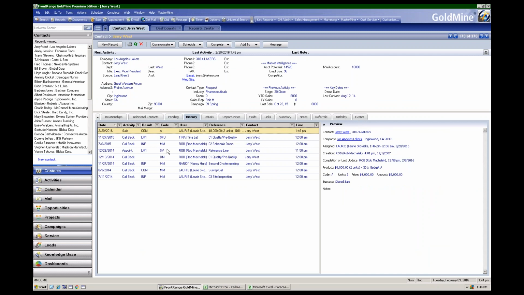Now, some of that credibility issue is, what does that person do themselves, right? So if you're a sales rep, and you're Rob M here, as I am, and Jerry West of the Los Angeles Lakers is your customer, then his record in GoldMine is probably your responsibility to make sure that things are accurate in here. Now, will you bother to make that accurate? Will you bother to actually find out the information that's missing and put it into GoldMine? And the answer is probably no, unless the CRM itself, the CRM system itself, is credible to you and your